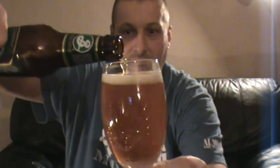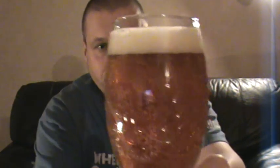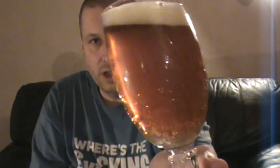Well, I wasn't expecting that colour for a start, it being a lager. A nice dark. What would you say that is? It's got a lot of life in the glass there. It's not quite a dark red colour like your heavy beers. That's more like a blood orange colour. Nice white head on it as well. I've heard a lot of good reviews about this, so I'm going to get in here